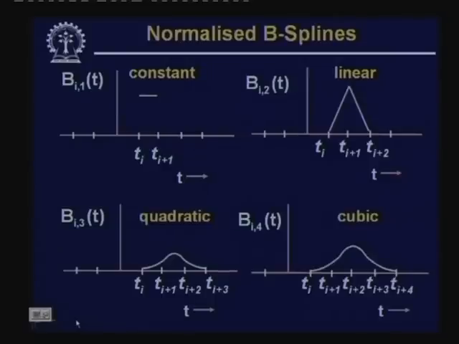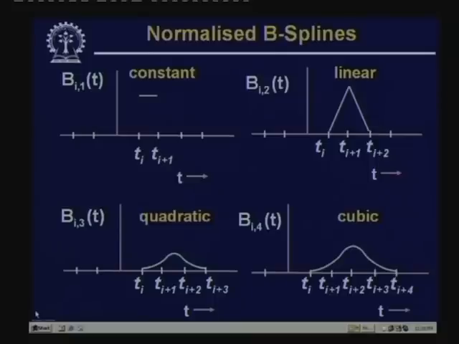So, normally the B-spline functions which are used for interpolation purpose are the first order, that is k equal to 1, the second order or linear, that is k equal to 2, and the cubic interpolation, that is for k equal to 4. And we have also said that these functions for k equal to 1, k equal to 2 and k equal to 4